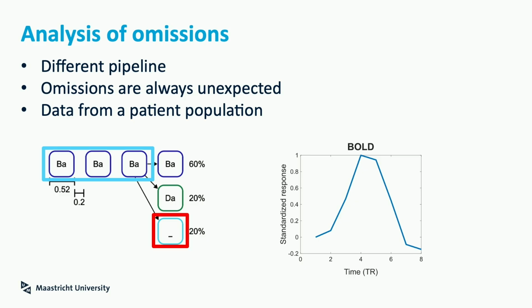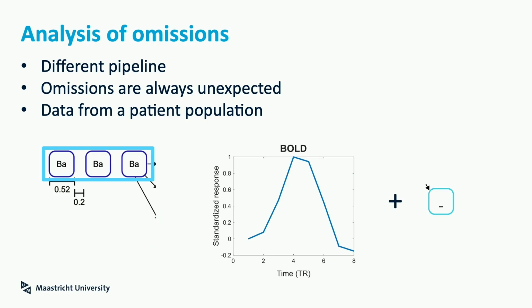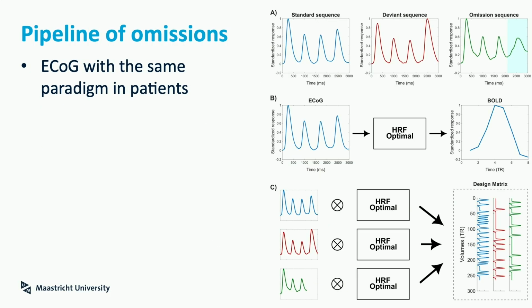So when we use the model, we need a very good control condition, which means that in our case, we never measure the BOLD response to just 3 stimuli. We always measure it with the unexpected omission, which is a bit of a confounding factor. So we decided to use a different processing pipeline in which we try to disentangle the response to the first 3 stimuli from the unexpected omission neural response, for which we needed to determine the hemodynamic response function. So we collected data from a patient population that have undergone the exact same experimental paradigm using electrocorticography.